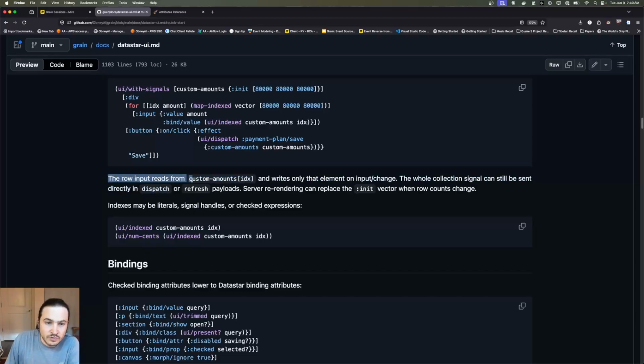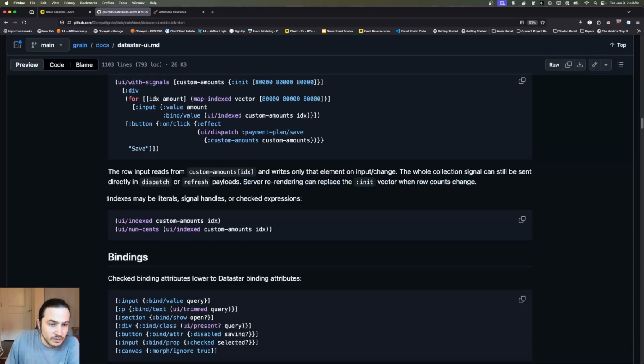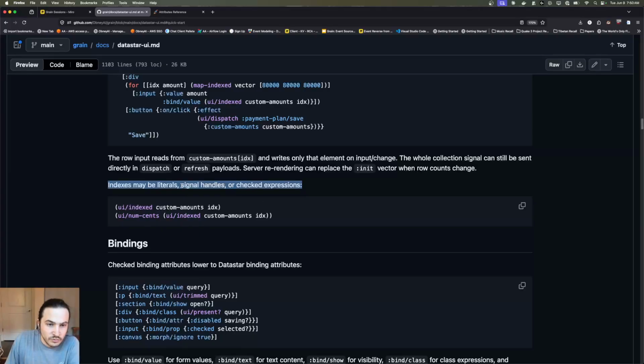So the row reads from custom amounts index and writes only that element on input or change. The whole collection signal can still be sent directly in dispatch or refresh payloads. Server re-rendering can replace the init vector when a row count changes. Indexes may be literals, signal handles, or checked expressions. So,